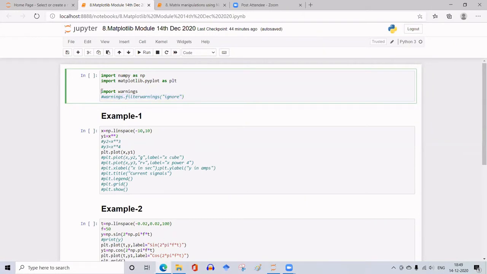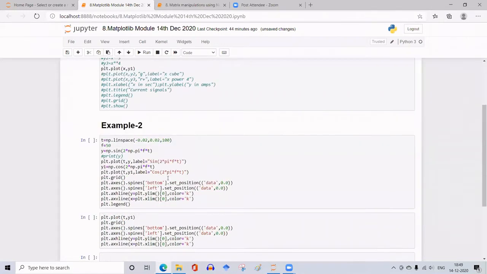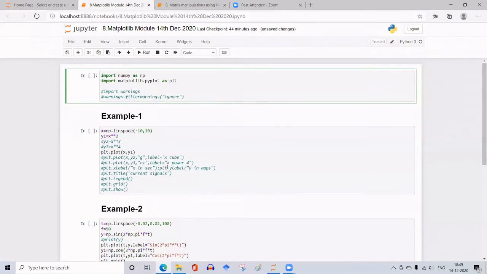This warnings line and these two lines, you just don't worry now. I'll make this also a comment line. So import numpy because I want to generate a sinusoidal signal and then show you how to plot it. That is why I'm importing numpy. And then to plot those functions, I have taken matplotlib.pyplot as plt.